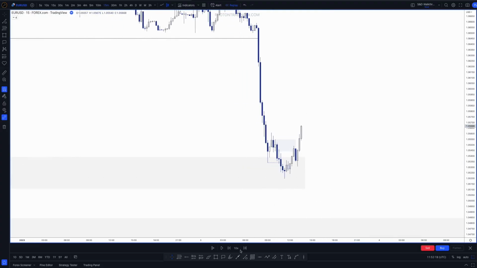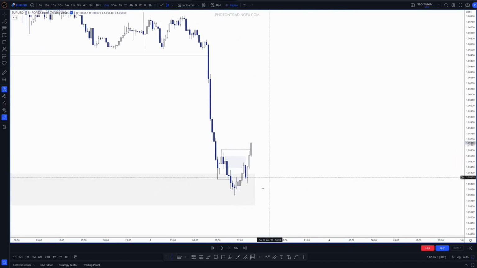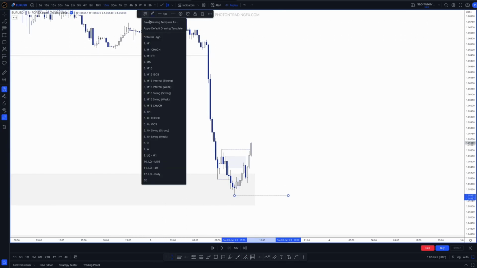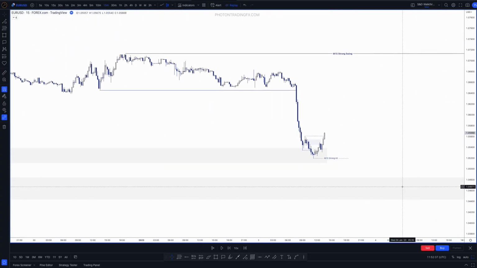Okay, boom. Now we've had a clear shift in structure, right? We have the M15 shifting bullish. Okay, so now we have internal structure. This now becomes our strong M15 internal low. Okay, so I'm going to keep talking about it, because it can get quite easy to forget what's going on in the other time frames, right? Remember, we are,